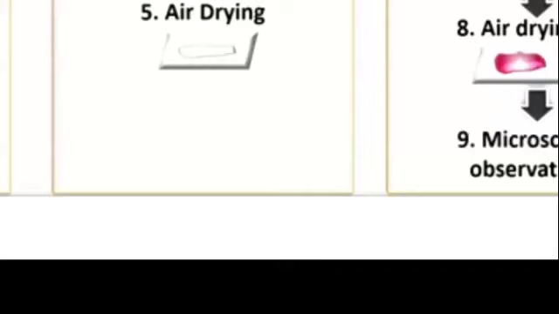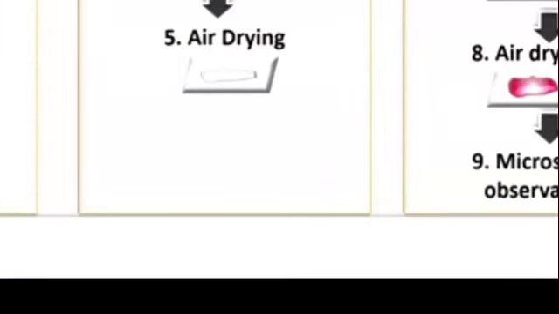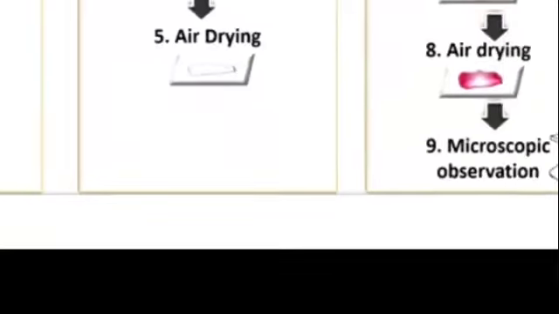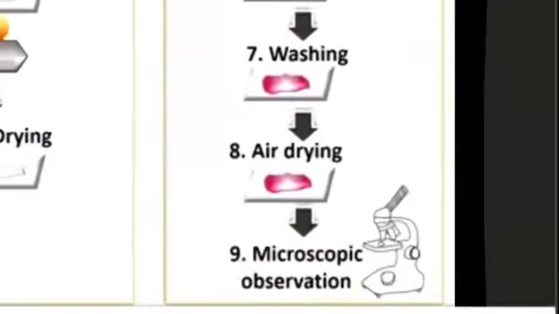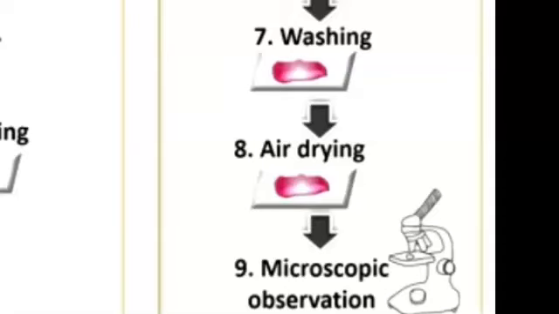So either you can directly heat it under a lamp or you can leave it for air drying. So you can fix it with the heat and you will leave it for air drying. So once the specimen is dried or the slide is dried and ready, what you have to do, you have to start applying stain. So in simple stain, what you do, you will add either safranin or methylene blue. You will just add the drop on that specimen where you have inoculated, and you will do a washing and then you will air dry.